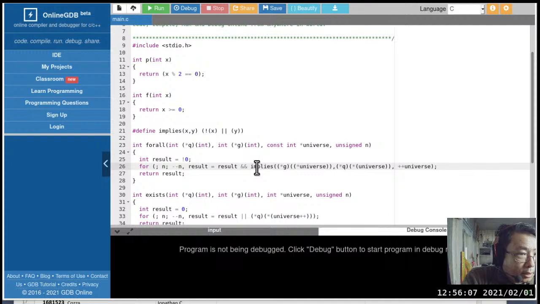If I make an imply function, then we can keep the post increment. That is correct, because if implies is a function, then x and y have to be evaluated before they can become arguments passed to the function. But here's a question for Aiden.